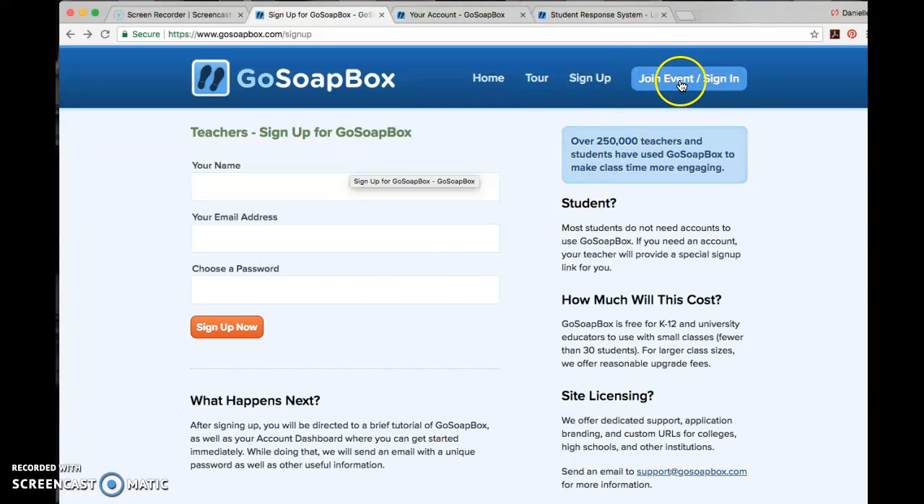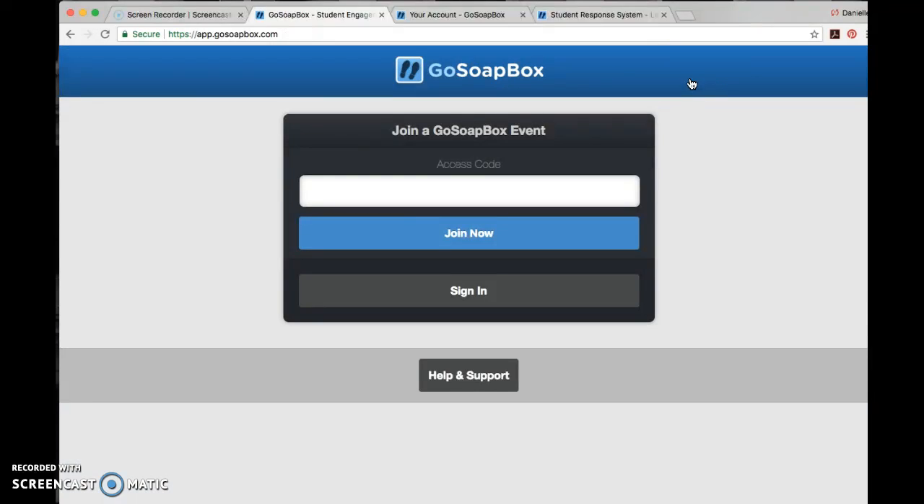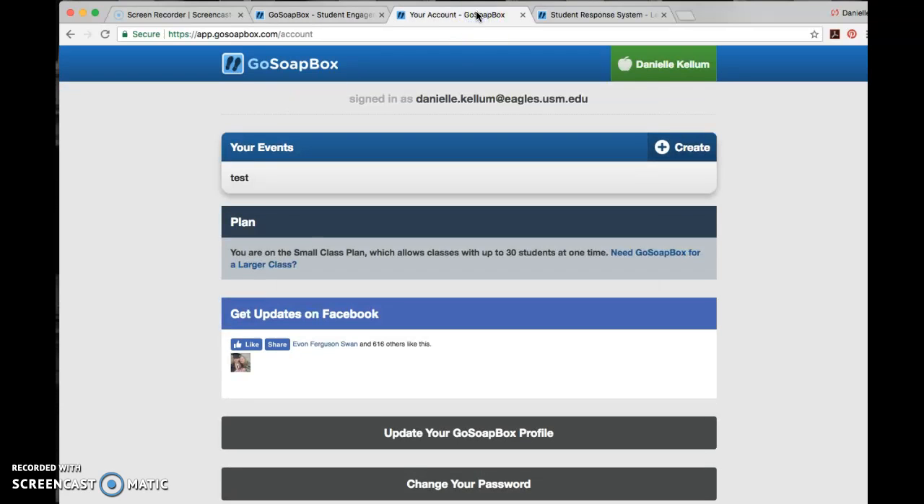You go to the Join Event or Sign In button. At this point, if you were a student, you would type in the access code and hit Join Now. The access code is for the particular event or class. As a teacher, we already have our Sign In button, so we'd go ahead and hit that, and we would end up